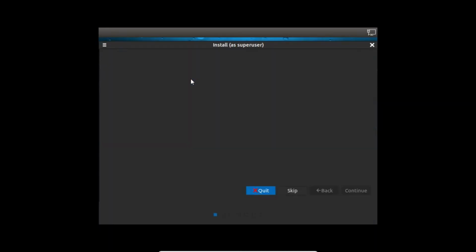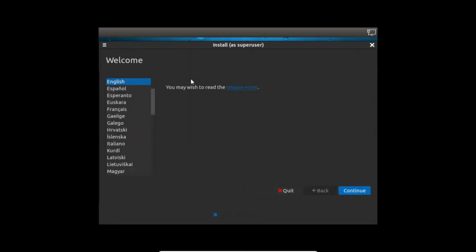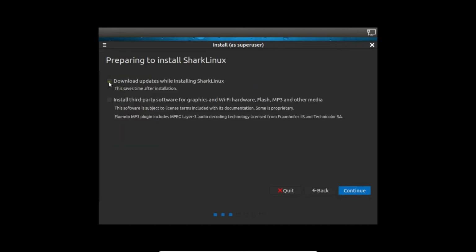So let's wait for it to come. Okay, so beautiful wallpaper has come with droplets. So now it will start the installation. So let us start. Just select the language, that is English. So click on continue. You can see that the interface is very much similar to other operating systems which